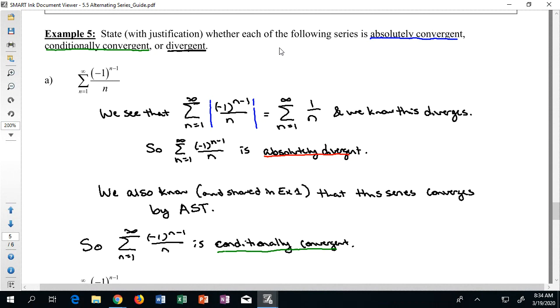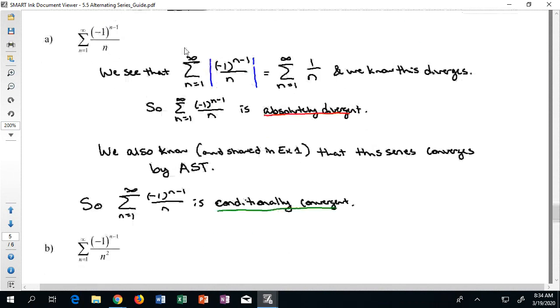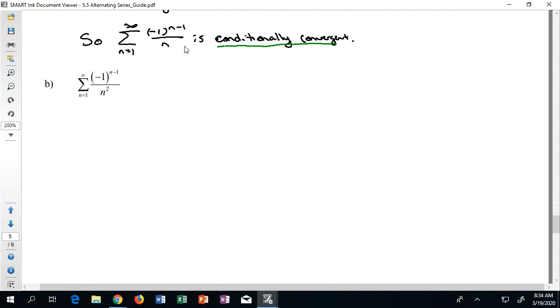Okay, so that's a pretty nice way of going through and working through these definitions. I typically always like to start by trying to identify the blue, and then working my way down to the green, and then finally working my way down to the black if I need to. Now let's try this again here, taking a look at part B. Notice this is not the alternating harmonic, but it's kind of like an alternating P series. But I'll start in the exact same way that we did last time. I'll say that we see